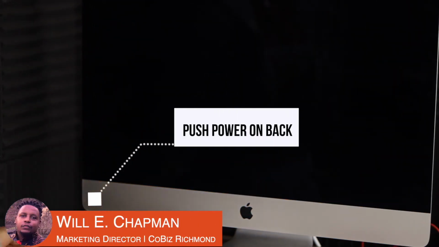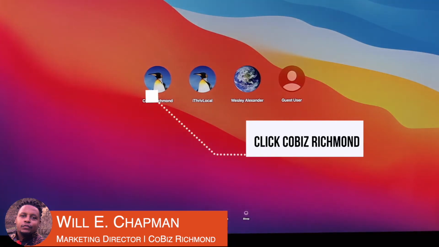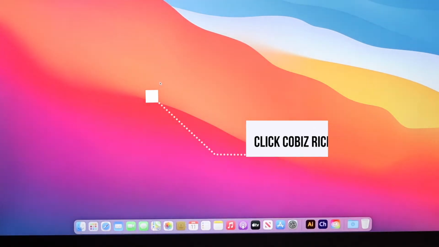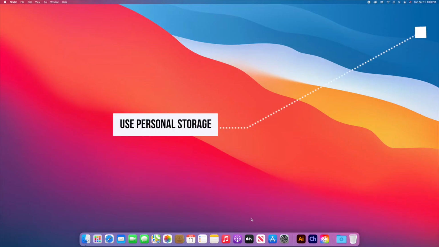On the left rear side of the iMac, there is a button to power the computer. When you're ready to log in, go ahead and click the CoBiz Richmond login. It's very important that when you are creating content at CoBiz Richmond, that you store your content on your personal